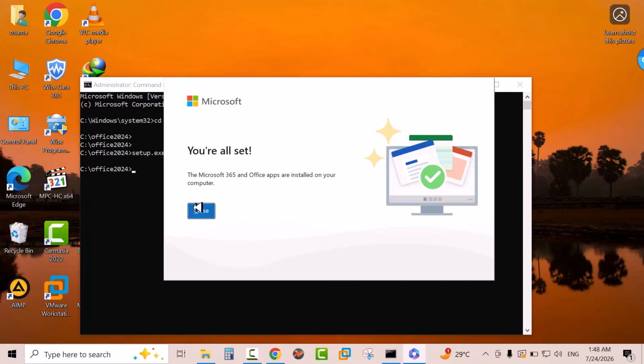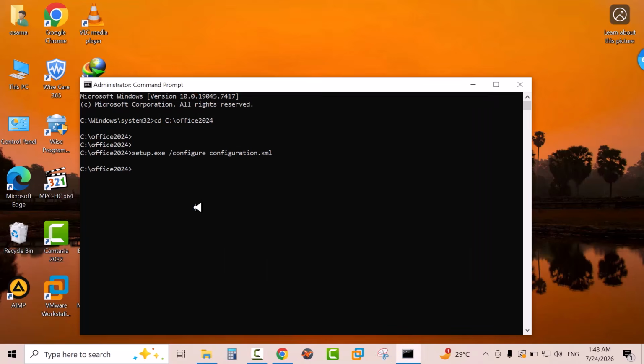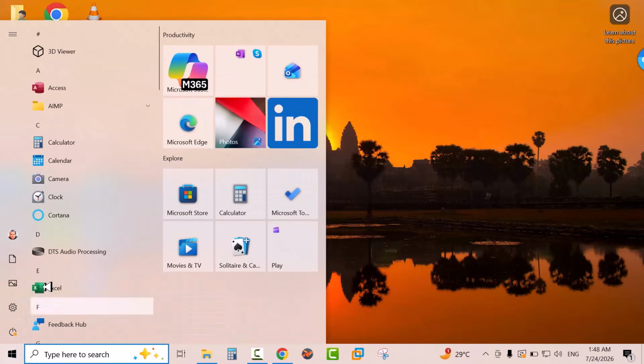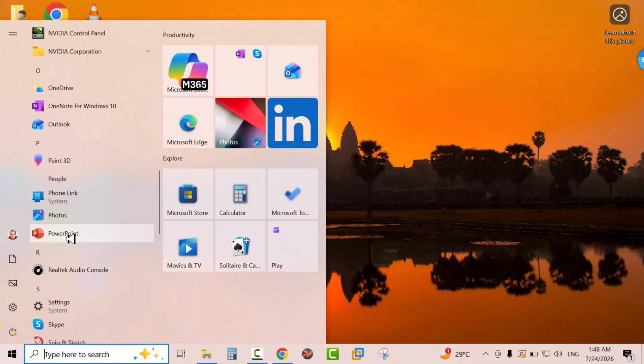The process of downloading and installing Office programs has been completed. Now I will click on the Windows logo to preview the downloaded Office programs. Here is the Access program. Excel, PowerPoint,